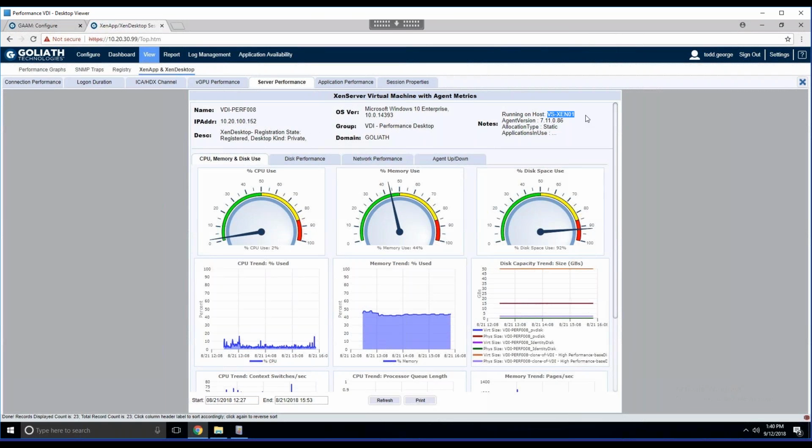And then we're also going to combine information not only from Citrix, but from the underlying hypervisor and from Windows to bring into this screen so that we have all this information side by side. We're going to correlate information about CPU, memory, and disk performance that relate directly to the user. And then we'll also track application performance and show exactly what each application is taking, like different processor utilization, CPU, memory, and so on. So I'm going to flip back over to our PowerPoint just to go to our next